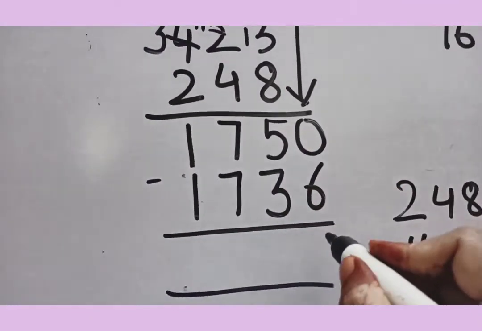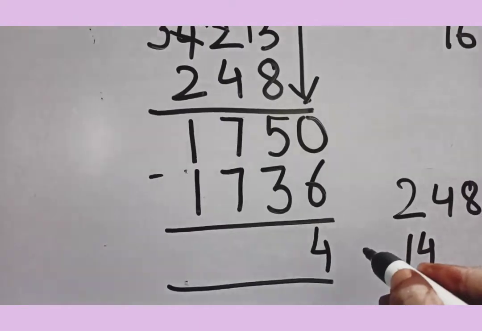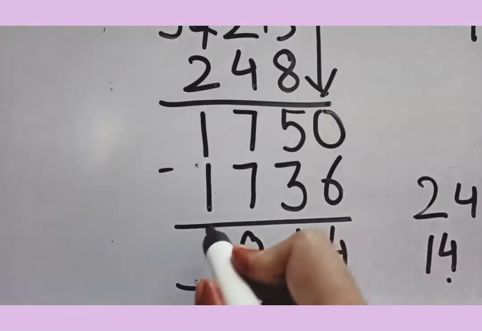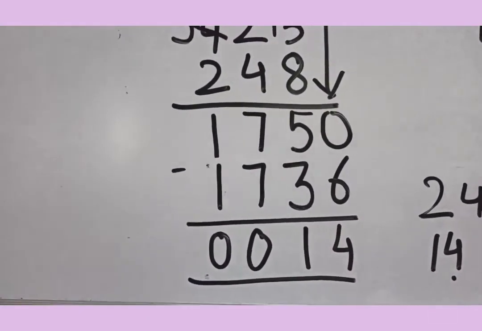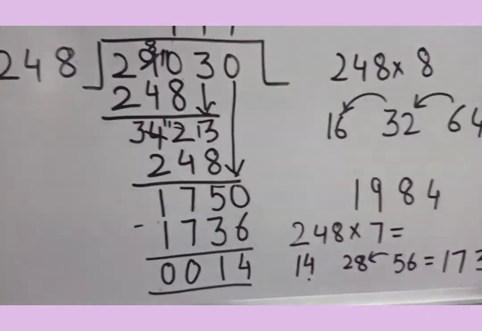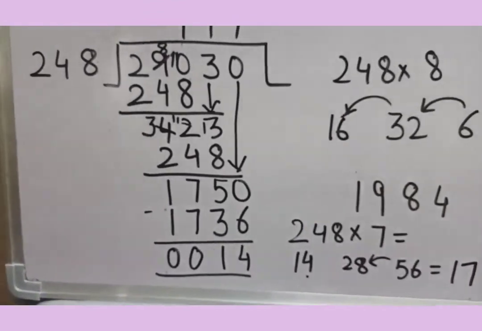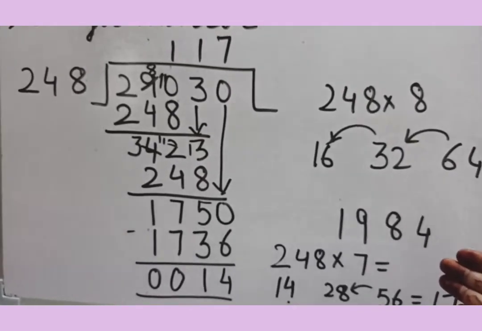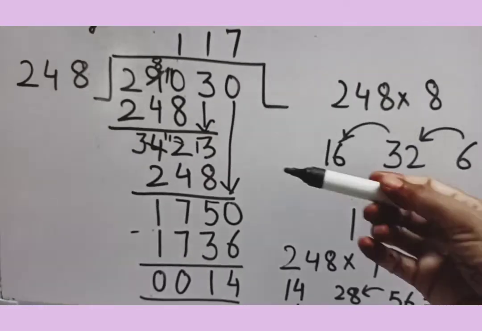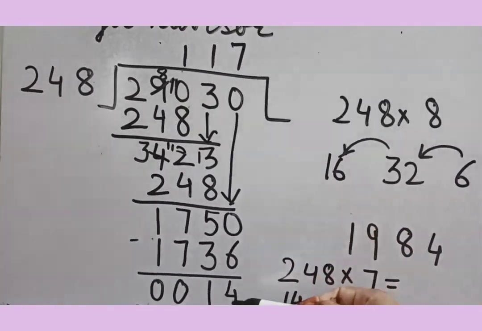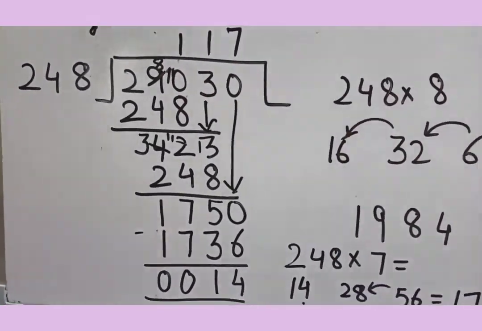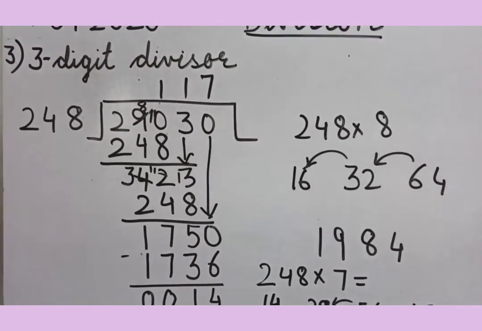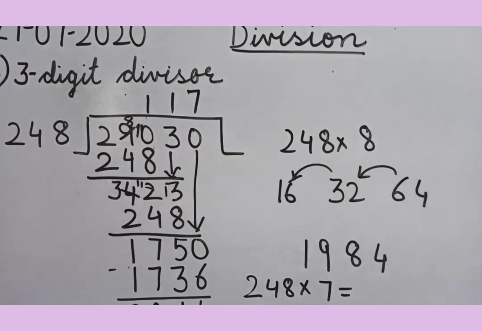Now let's see the last step of the difference. When we borrow 1, it becomes 10. 10 minus 6 is 4. 4 minus 3 will become 1 and 2 zeros. Now this is something where you have to really find out why to write the complete table. We don't need that, right? The only thing you have to check is that every subtraction will give you a number less than your divisor. I hope you will learn these methods and apply them while doing your questions of division.